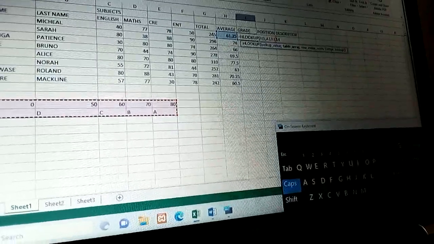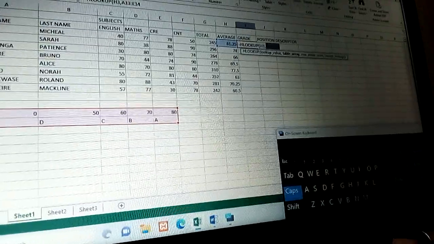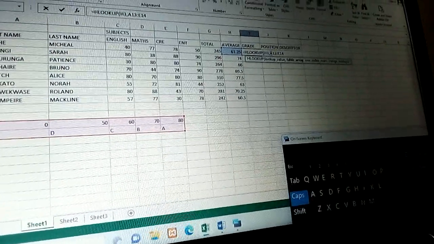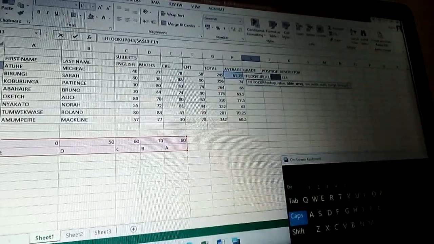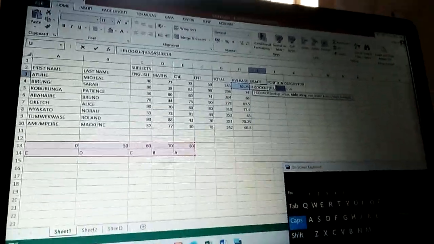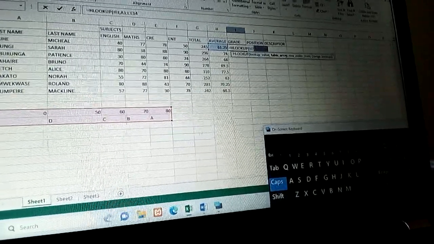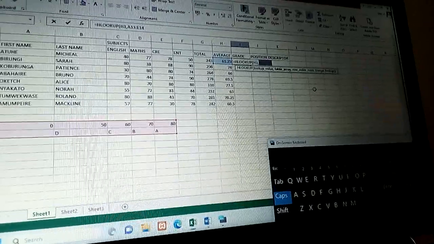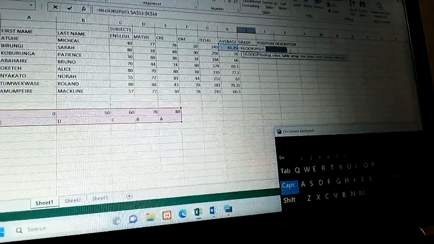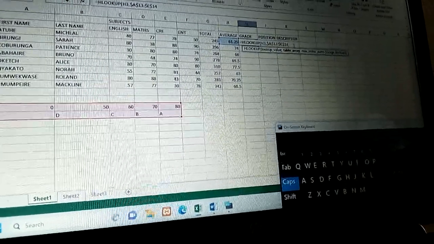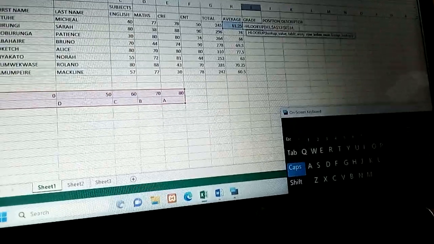Then after selecting it, we press function F4 to put a dollar sign, and here we are putting an absolute cell reference so that it does not misbehave.